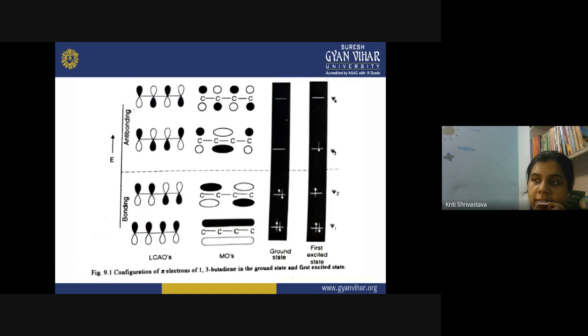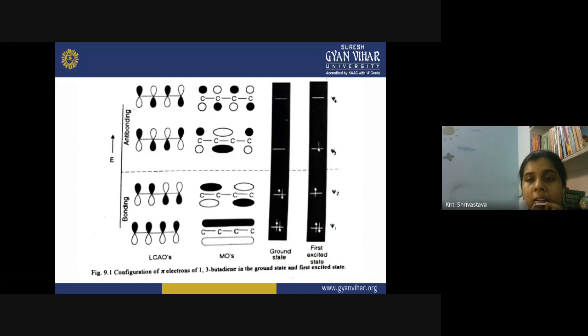In a conjugated system, what happens? You cannot decide the location of the double bond, because the pi electrons are delocalized over the entire molecule. And this is the reason for their different types of electrophilic addition reactions. So in butadiene, I have 4 carbons, so the 4 p orbitals are represented here. These are the atomic orbitals, and they combine to form molecular orbitals. If I combine 4 atomic orbitals on 4 carbons, what will be the number of molecular orbitals? When 4 atomic orbitals combine, they will form 4 molecular orbitals.